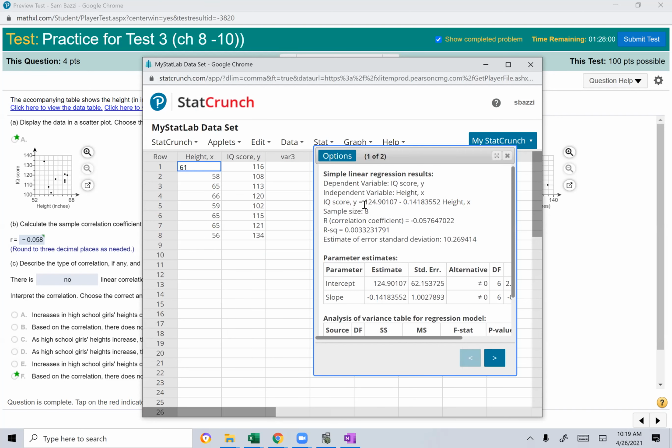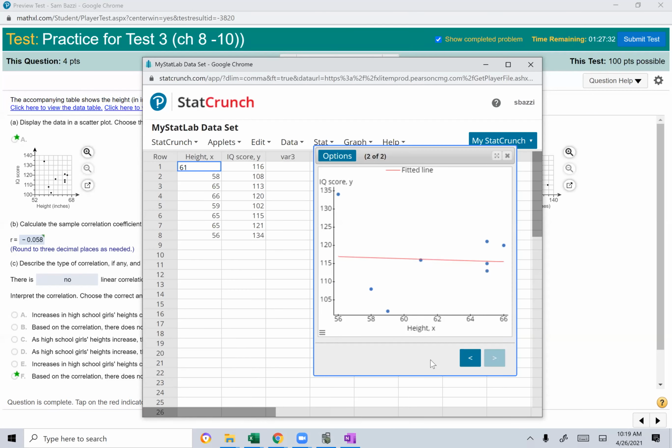And he wants R. R is negative 0.057858. Here you go. This is R. Look, guys. There you go. When R is very close to 0, there is no correlation. The correlation is very, very weak. So this is R squared. This is the equation if you need it. And this is the